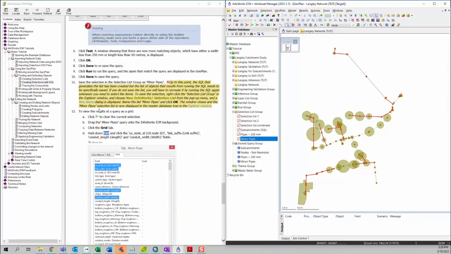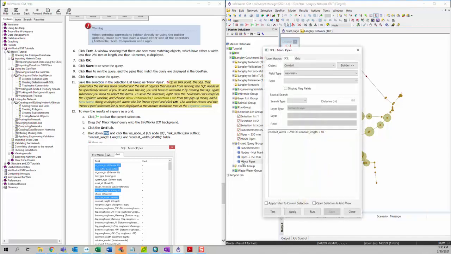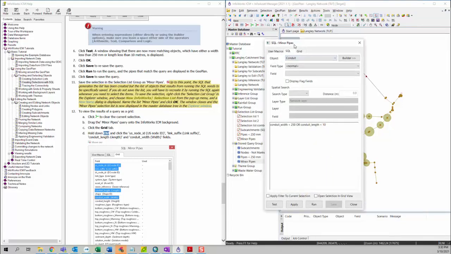So we go to the 12th step. We want to view the results of a query as a grid. So we want to first clear our selection, and we want to open our minor pipes SQL, and then we want to click on this grid tab,